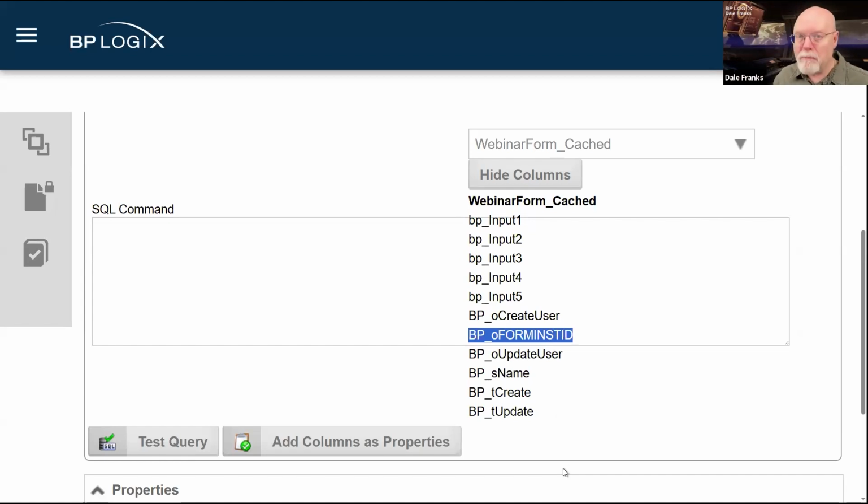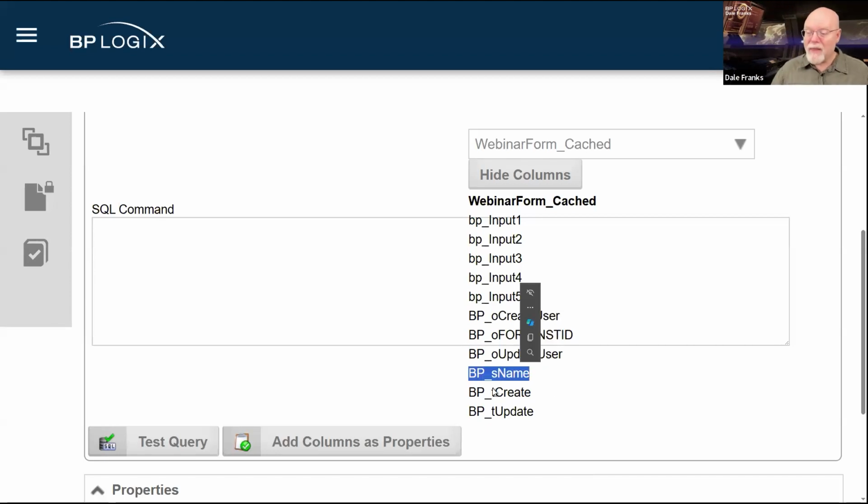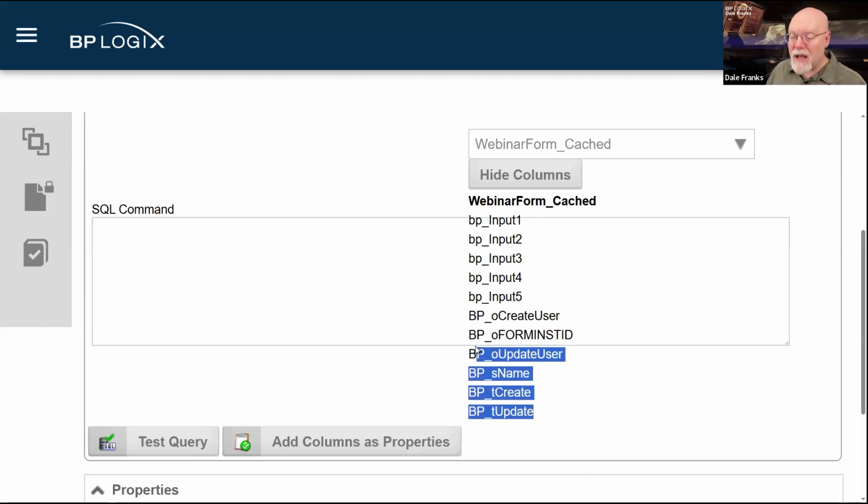I can build that because I know what the main URL is for a Process Director form. It never changes, but the form instance ID does, because that's a URL parameter that tells Process Director what form to serve me. So I need that. I also get the last person who updated it, the name of the object, the date that it was created, and the date that it was last updated. So you get all this extra special sauce in the view automatically.